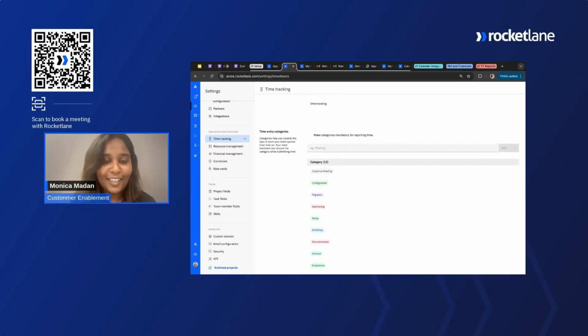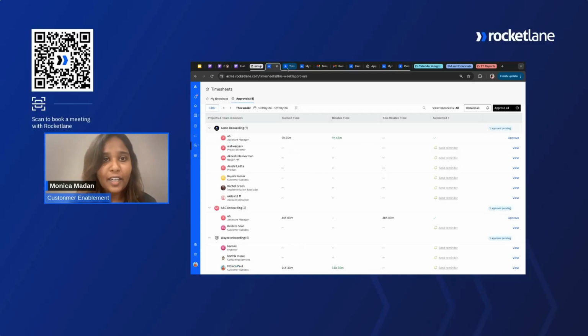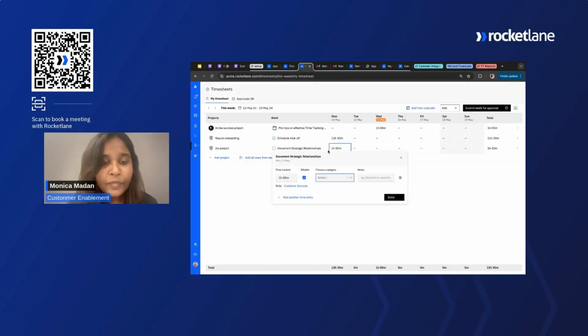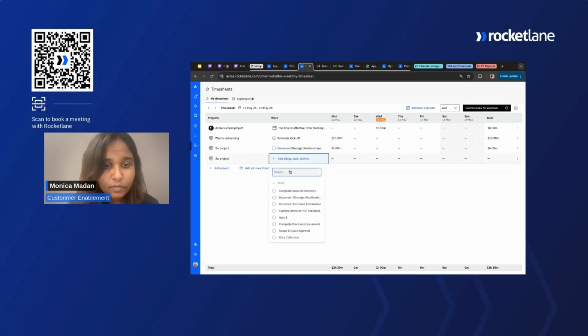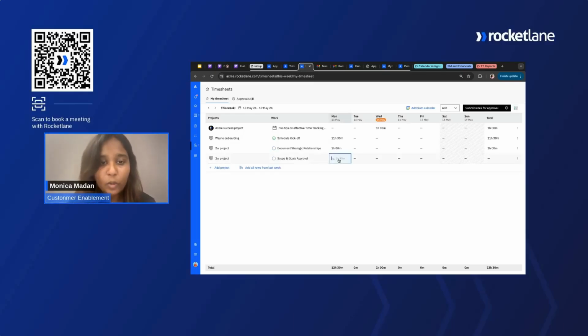Next is an important entity when it comes to time tracking, which is adding categories to the time that you track. That's what I said we will see quickly. Here, as I'm tracking time, it's asking me to choose a category under which I worked while doing this task. For example, let's choose a task where we discuss the scope and goals for the customer. I'll add time, and